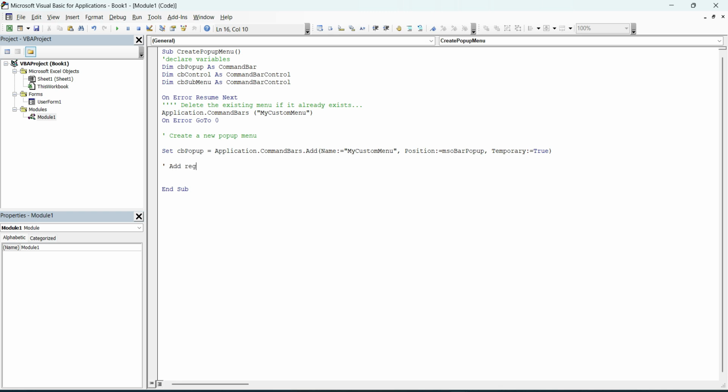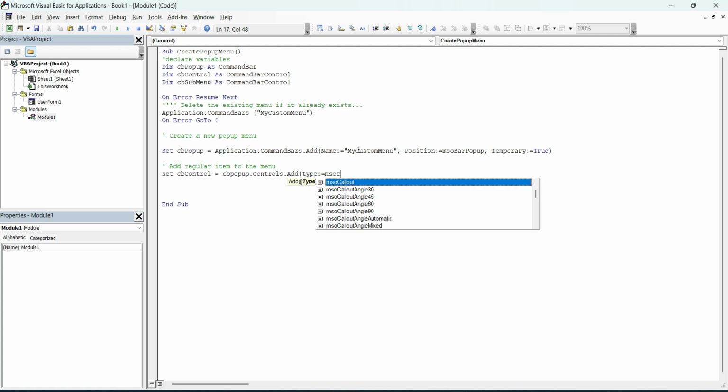Okay, now let's create a regular item first of all. That is the first line item of a menu. For that, we are just going to set the variable CB control. Okay, set CB control equal to CB popup, where we are going to add for the CB popup controls dot add, and the type is going to be MSO control button.